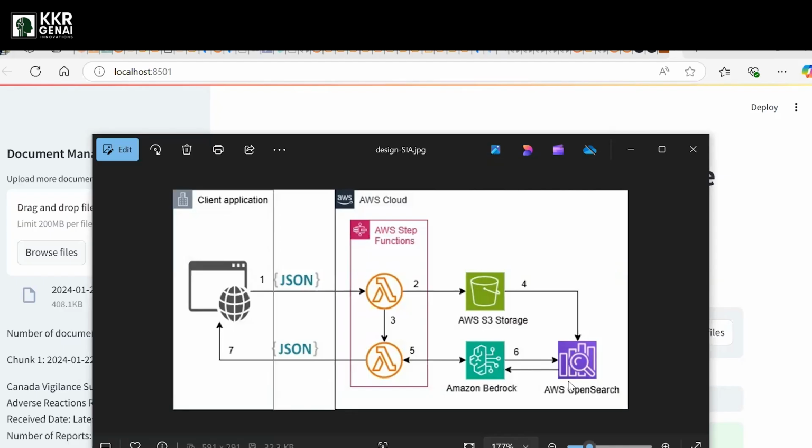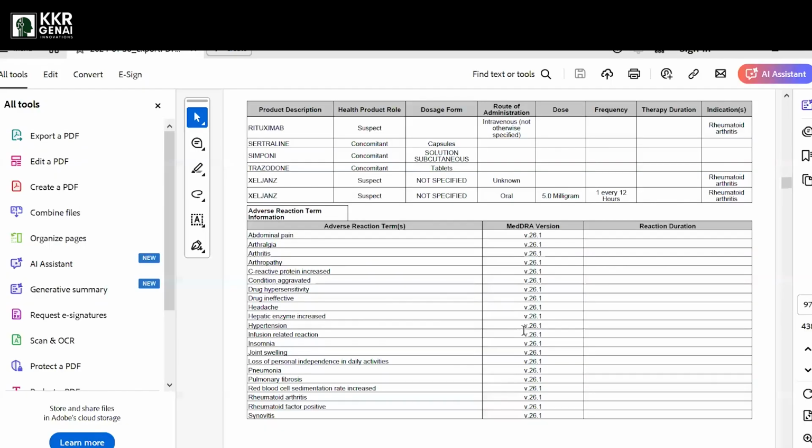And one more thing: when you are working with semantic similarity applications, as I told you, you are working with hundreds of pages, right? Some information might be presented at the start, like on the fifth page, and some information might be on the 250th page.